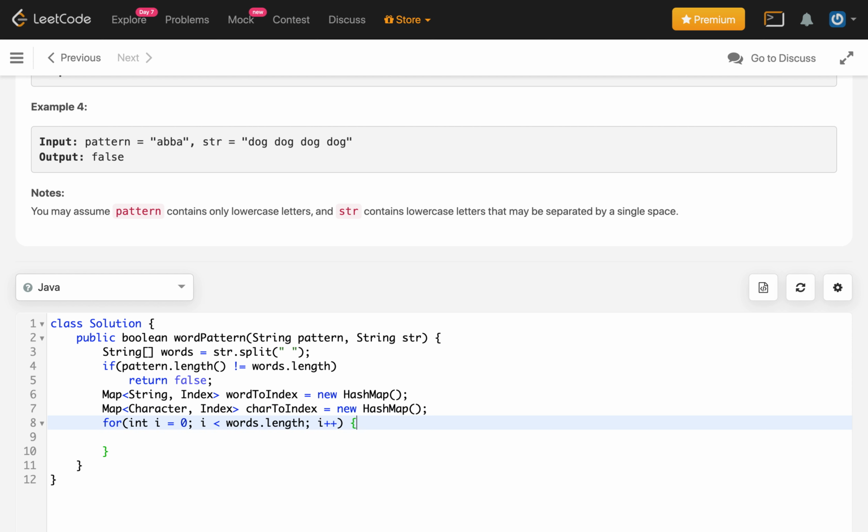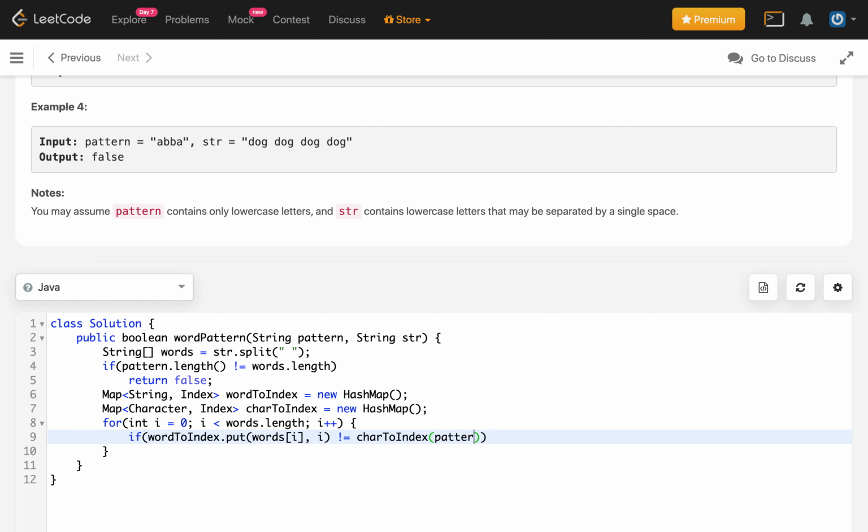Now we will use the put method way. So we first put the current words of i comma i, and if it is not equals to the char to index put pattern dot char at i comma i, then return false, otherwise keep continuing.